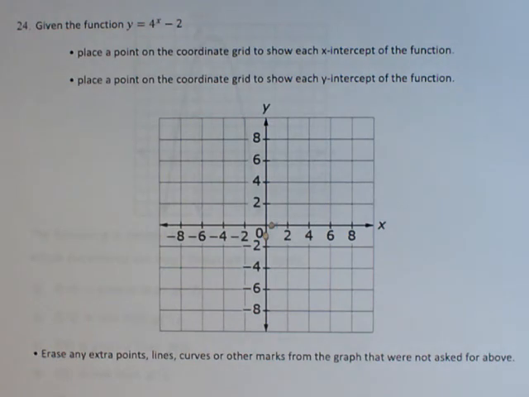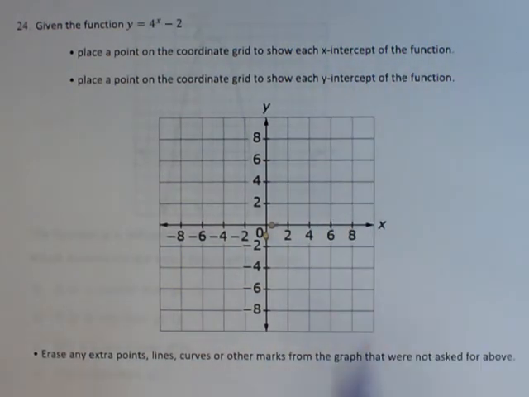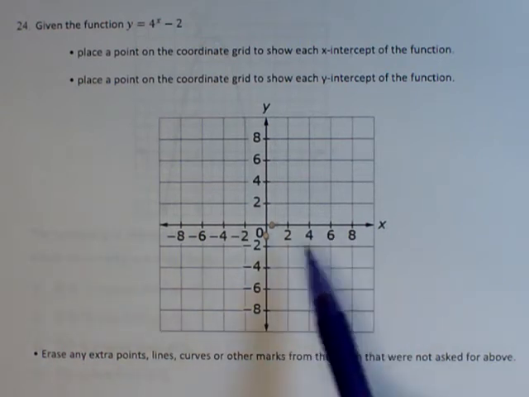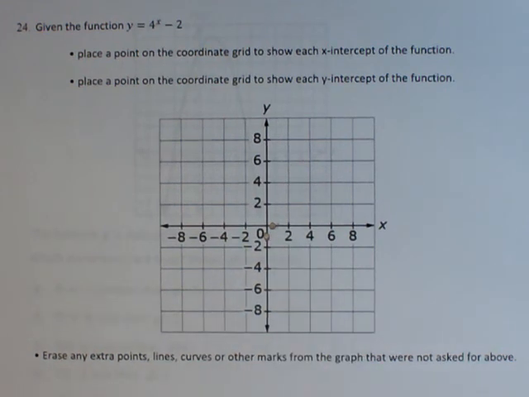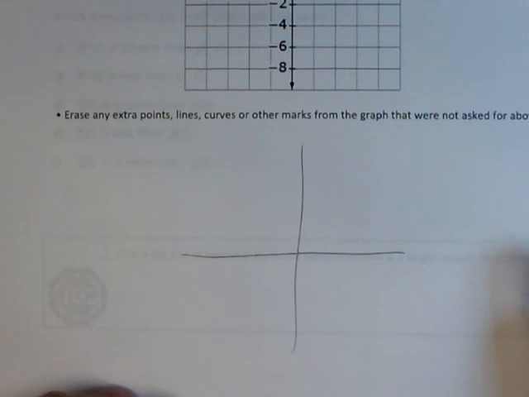Okay. Notice that this question is not asking me to create a whole graph. It's just asking me to show the x-intercept and the y-intercept. It's even reminding me to erase any extra points, lines, curves, or other marks in the graph that were not asked for. So just these 2 points is the answer to the question. And I'm going to just remind you that I've